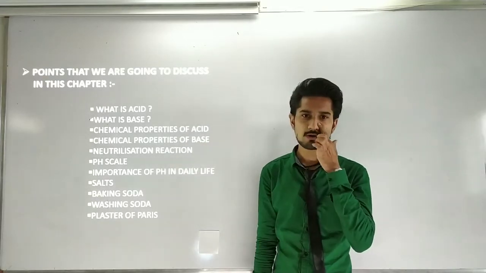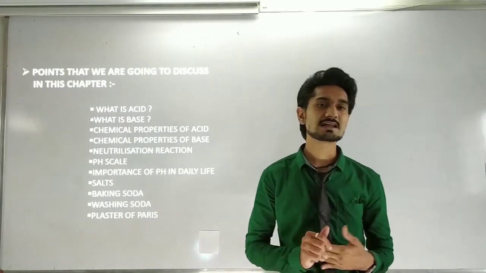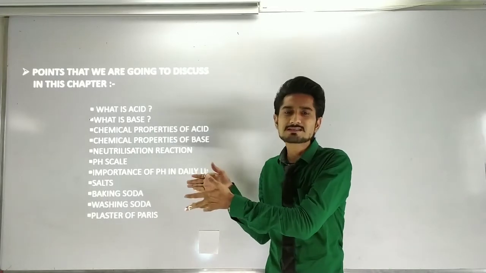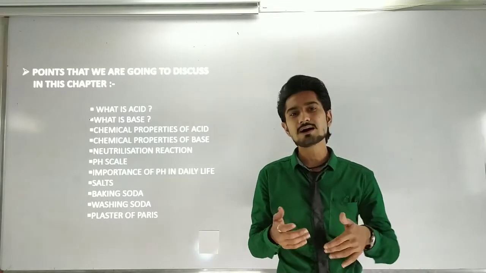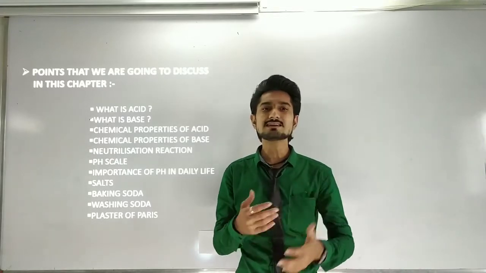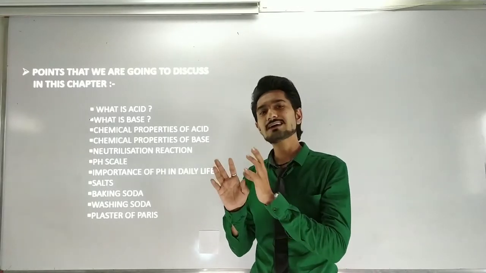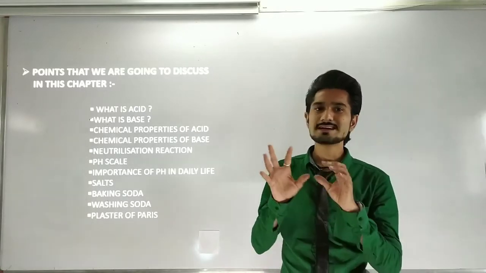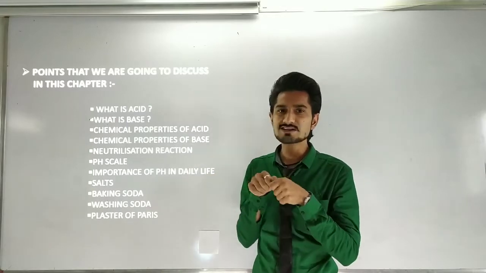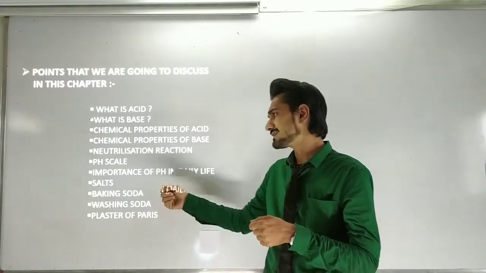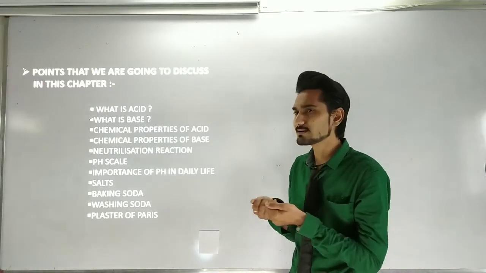Afterwards we are going to see about the pH scale, in which we are going to study what a pH scale is. But before going on to that, we are going to study what pH is and why pH is so important. So basically an acid or a base generally contains hydrogen. Hydrogen ion is contained in it, okay. So for that we need to measure the hydrogen's power. If I measure the power of hydrogen, then it will be called the pH. If I measure the power of hydroxide, then it will be called the pOH.